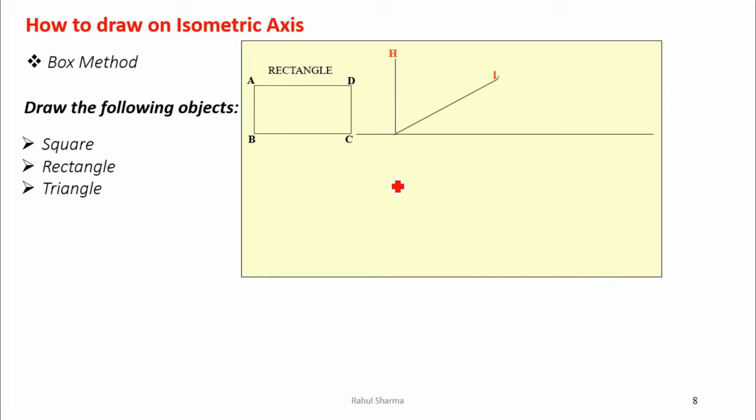Now this is a 2D object only. It means we don't need the third axis. We need only OX and OY axis. So we have taken OX and OY axis. So this is, I can say, X axis, and this is, you can take Y or Z axis. It's not predefined. So whatever the length of rectangle is there, we can take on OX axis, and whatever the width of rectangle is there, we can take on OY axis. After that we close them like a box. Opposite side parallel of equal length. Then we get the rectangle in isometric axis.